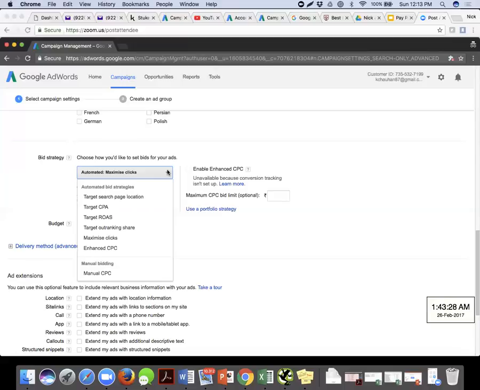In the manual one also, there is a cap on the bidding, but in the manual one, if I have put in 50, I would have to go ahead and decrease the bid to 40 myself. There's a difference between automated and manual. When I have given a cap, it doesn't mean that my bid is 50 only. In the automated one, if I have given a cap of 50, which is a maximum, Google AdWords will sometimes set my bid to be 49, sometimes 48. A cap is not the bid basically.